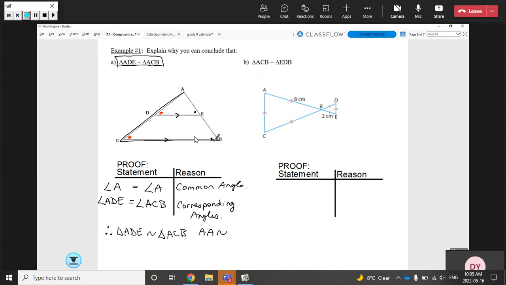So how about this one here? We have ACB. ACB is similar to EDB. So we're looking for equal angles. The first thing that my brain goes to is this right here. Do you see this X that's happening right there? It tells us that angle B is equal to the other angle B. So that could be kind of misleading. Angle B is equal to angle B. It's like, what? Well, really what we mean is